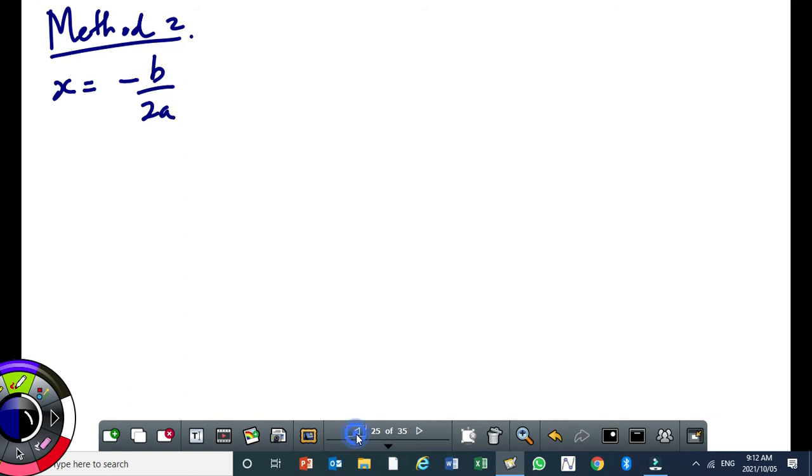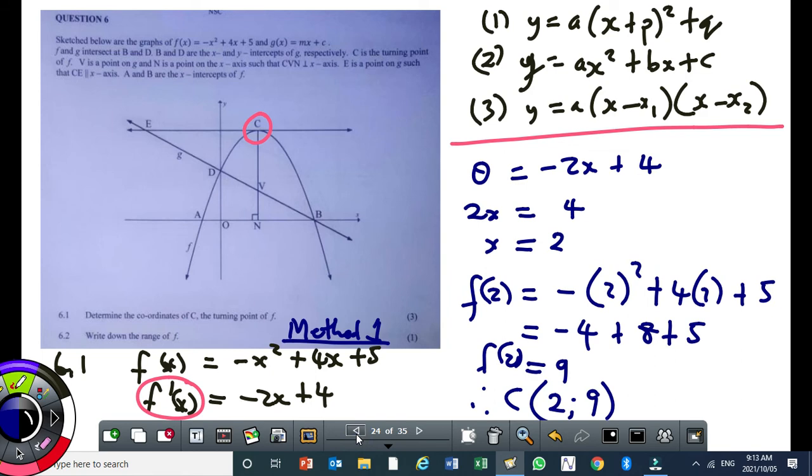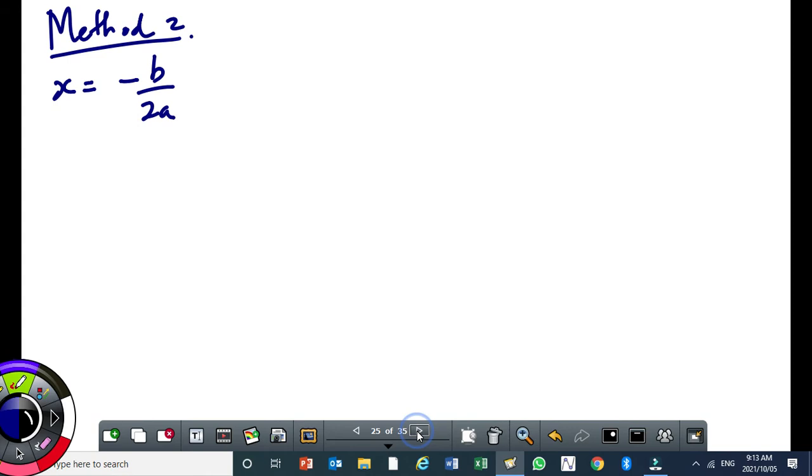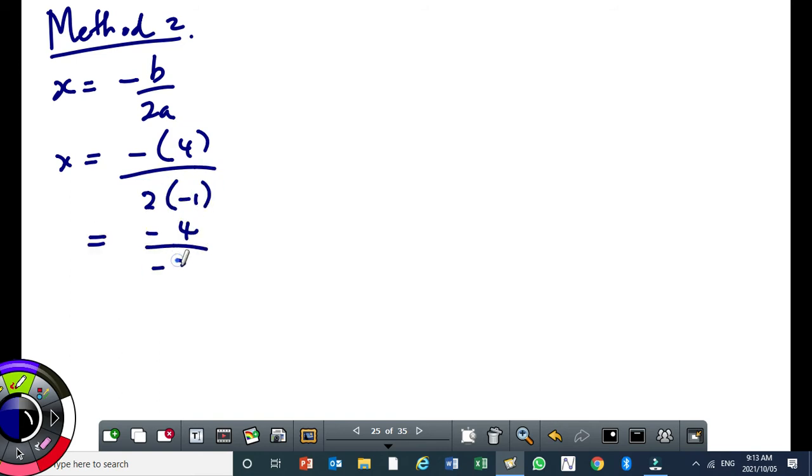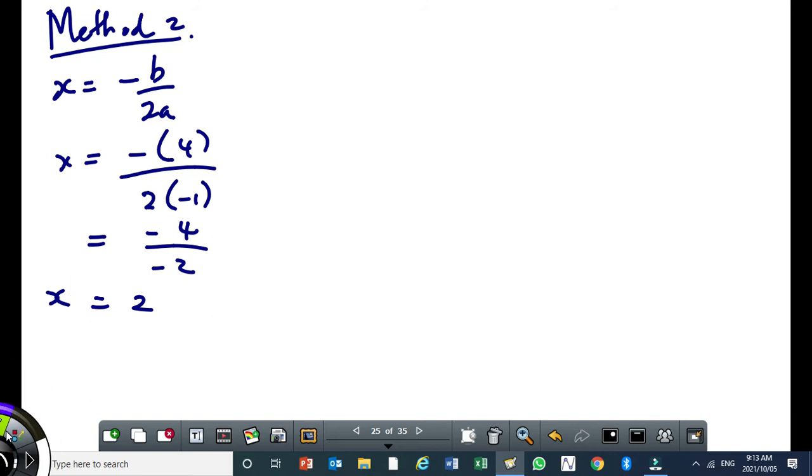What that means is, if you look at our equation, our b is 4, a is minus 1. So x will be equal to minus 4 over 2 times minus 1. I'm sure you can see that the answer is coming. So x is what? It's 2. You substitute again into the original equation. Now, I don't need to repeat it. So I'll say here f of 2 is equal to 9 because I got it already in the previous question,